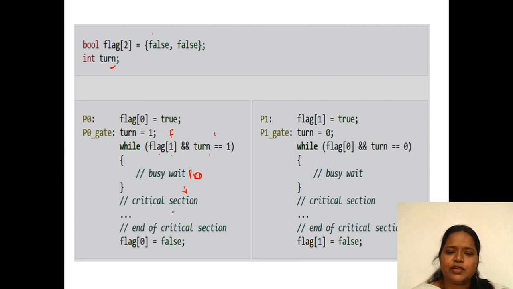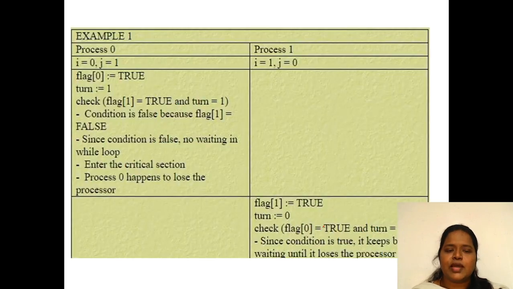Then after executing the critical section, it is going to make the flag false. Initially here the flag of 0 is false and turn is equal to 0. So which process will enter into the critical section? P1 process will enter into the critical section, and after executing the code, P1 will come out and set the flag to false. This is how we make only one process execute.